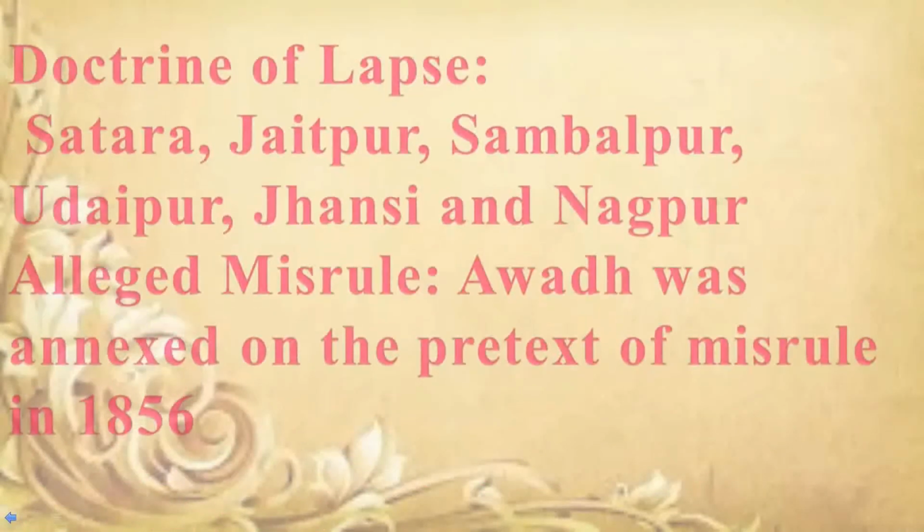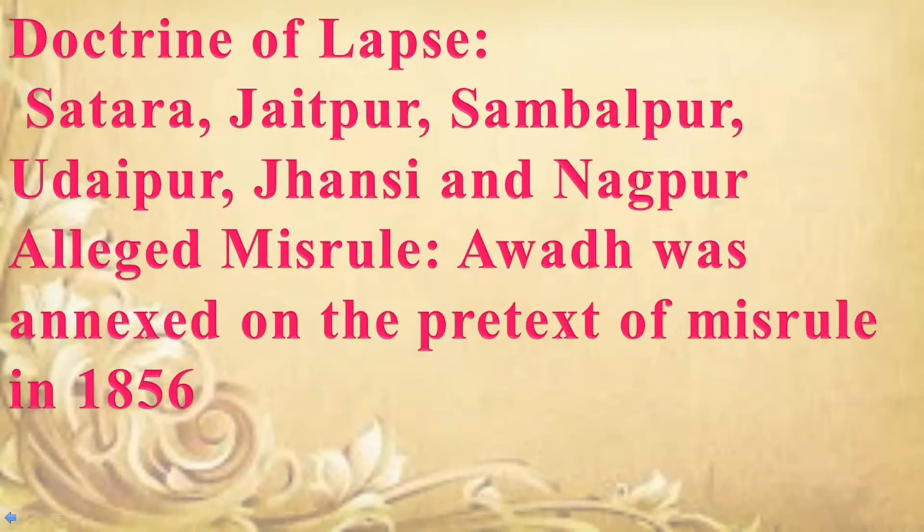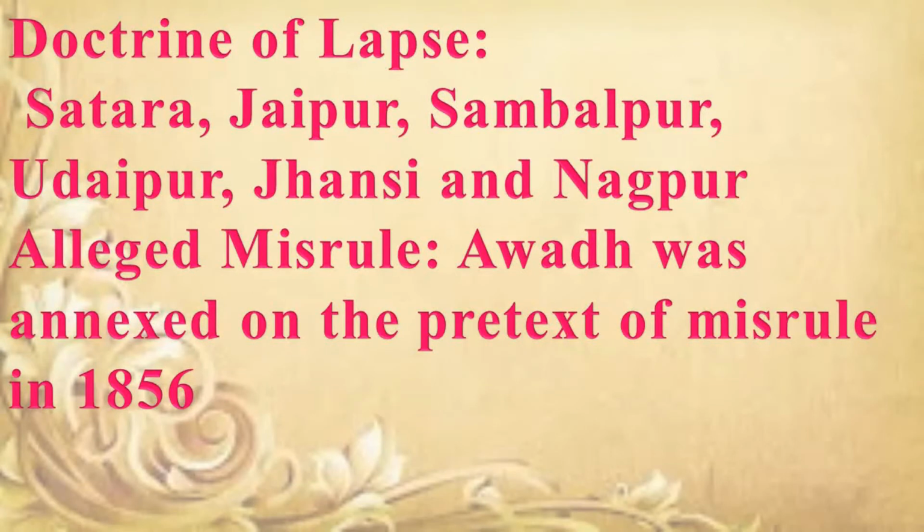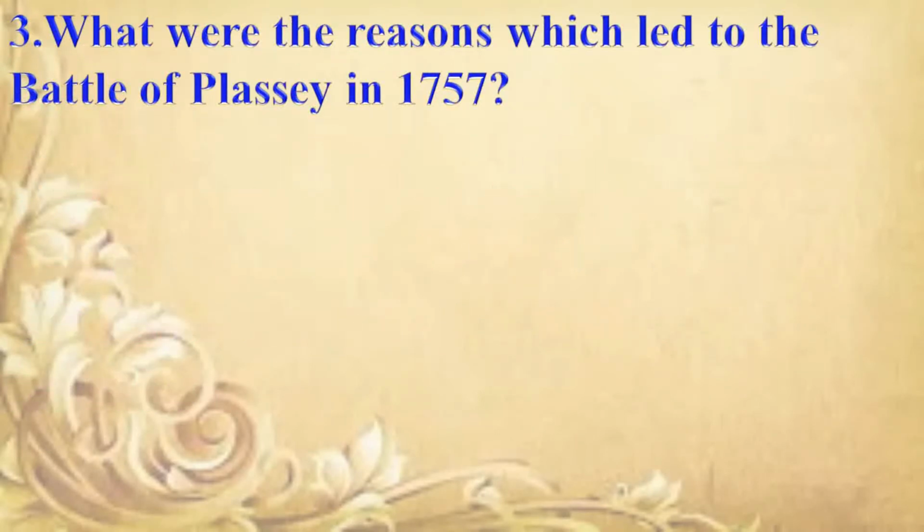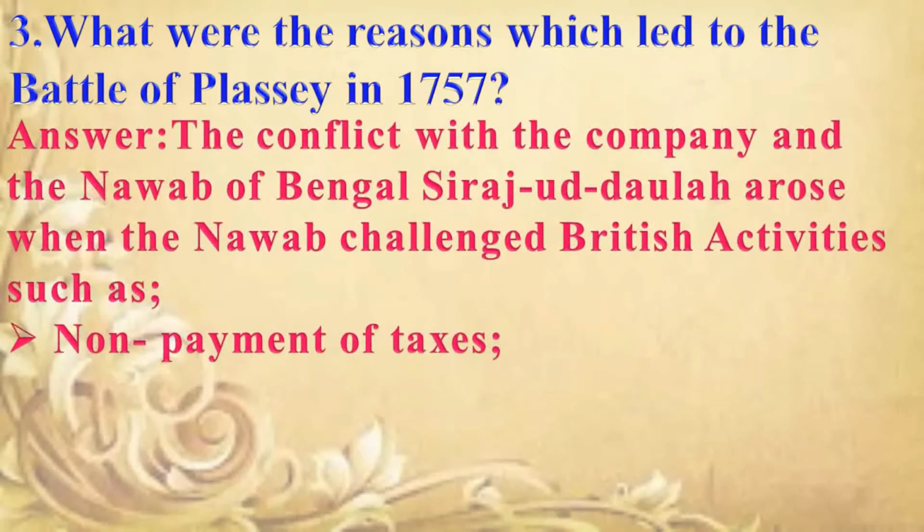Next. Doctrine of Lapse: Satara, Jaipur, Sambalpur, Udaipur, Jhansi, and Nagpur. Alleged misrule: Awadh was annexed on the pretext of misrule in 1856. What were the reasons which led to the Battle of Plassey in 1757? Answer: the conflict between the company and the Nawab of Bengal, Siraj-ud-Daulah, arose when the Nawab challenged